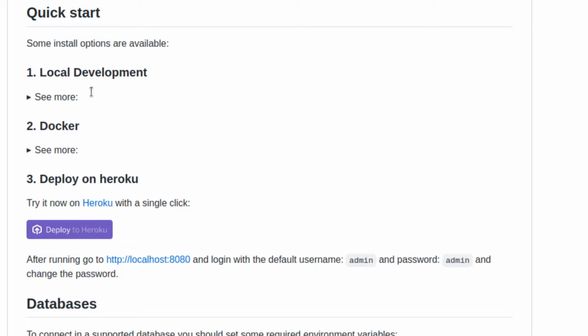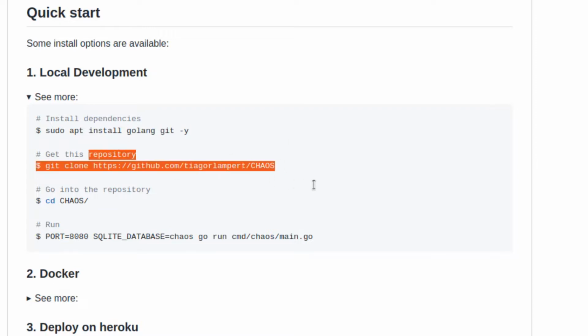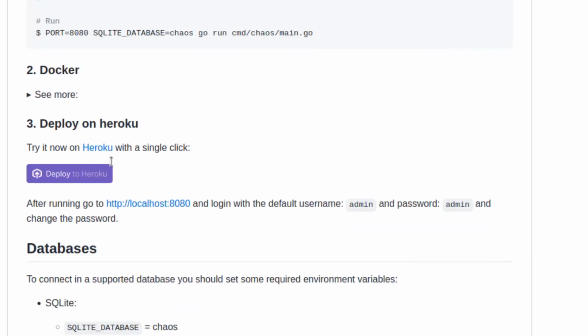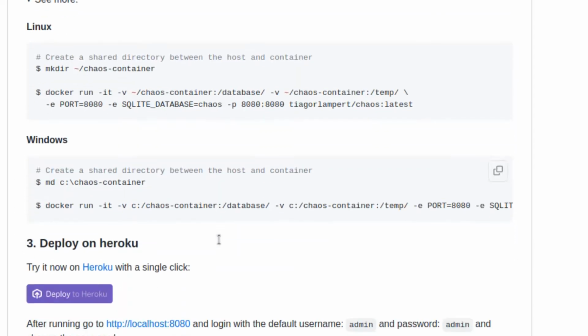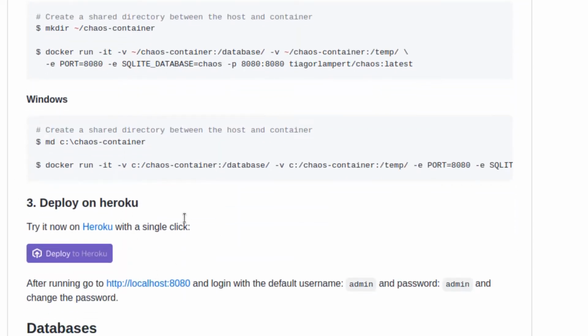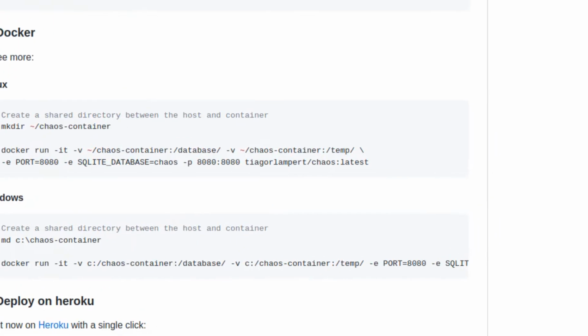So in our quick start, we can either install this locally by making sure we have Go installed and then just cloning the repository and running it. Alternatively, we can run a Docker container or deploy this app on Heroku. We are going to be using the Docker container method in this video. It seems the easiest. We'll open up a terminal